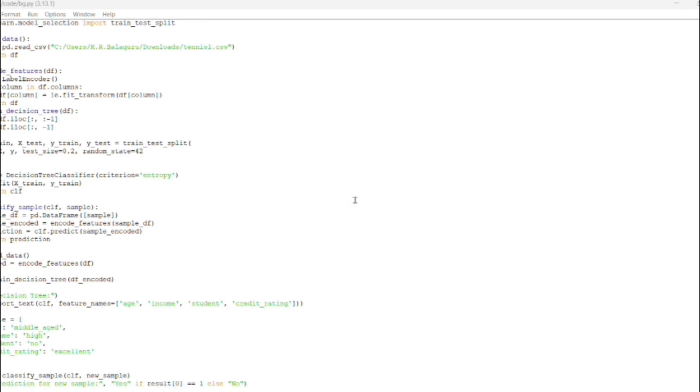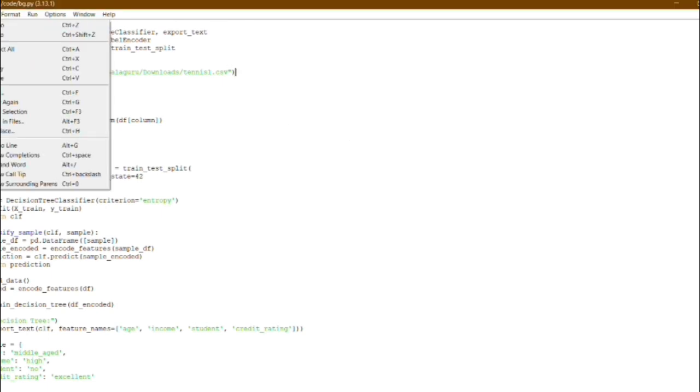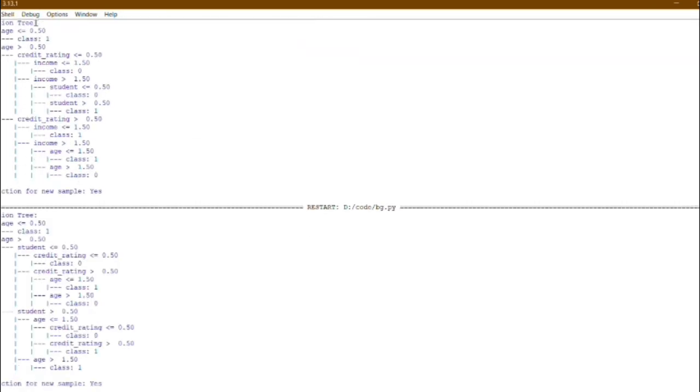decisions step by step. To conclude, this program demonstrates the complete workflow of a decision tree classifier, from data preprocessing to model training and prediction. This is a simple example of supervised machine learning used